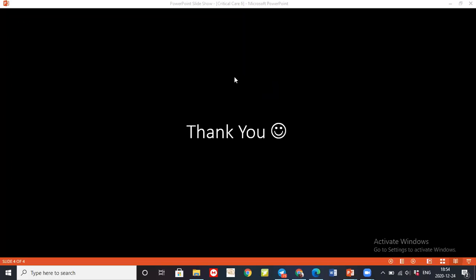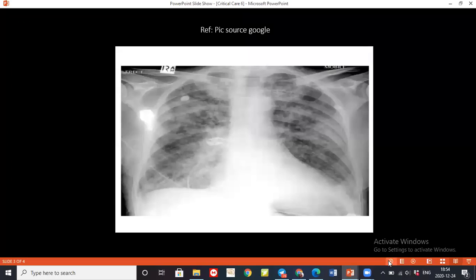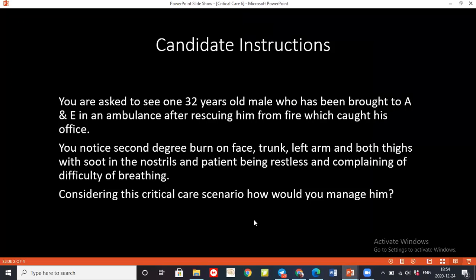Ma'am, I needed to ask one thing. In this scenario, it has been given that the patient's arm has been burned. When they refer to the arm, are they talking about the whole one-sided upper limb or just the arm? Because if it's just the arm, that would be divided from 9 to 4.5%. If it's the whole arm, circumferentially, anterior and posterior, then accordingly yes. In this, what should we take for the left arm, total 9% or 4.5%? 9%. Yes. And the trunk should be taken as 9% as well.